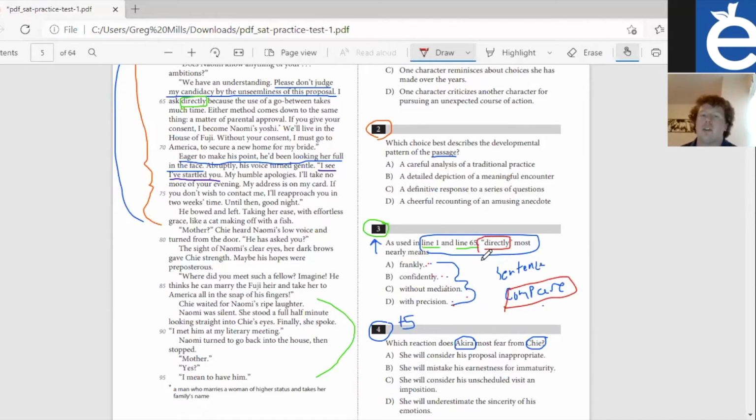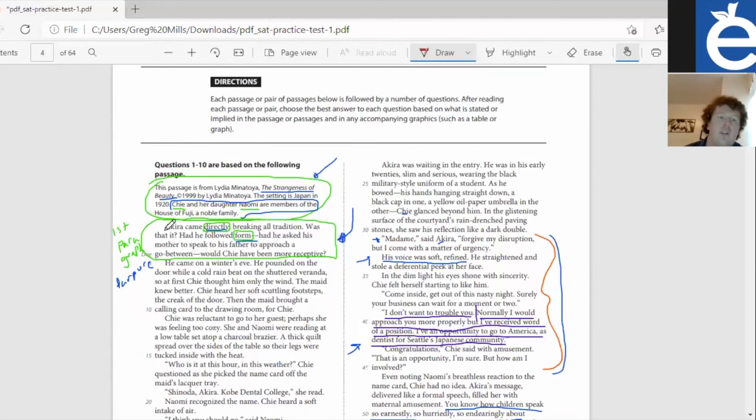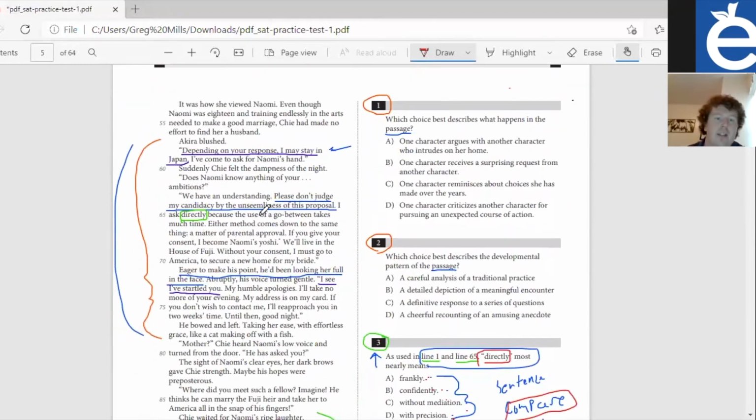So let's look at our context here. Line 1 and line 65 for directly. All right, so here: "Kira came directly, breaking all tradition. Was it that he followed form," etc., etc. So Kira came directly, and then for line 65: "I asked directly because the use of a go-between takes much time." All right, so this second sentence especially, we see that going directly means that he didn't use